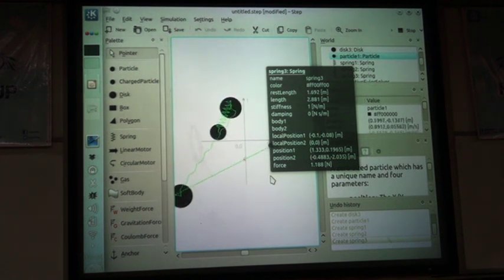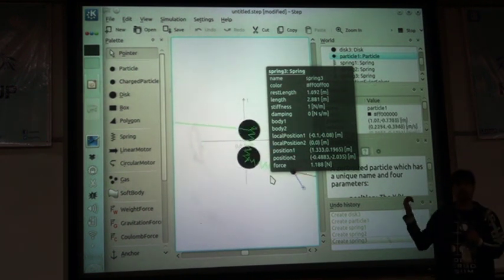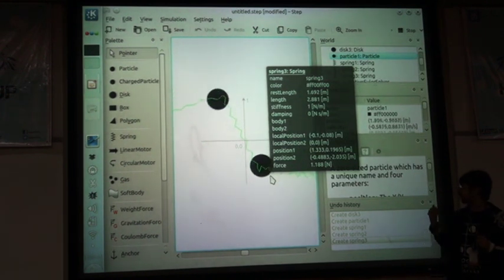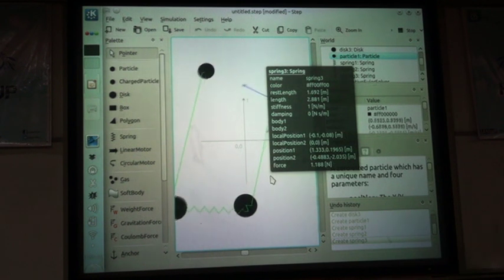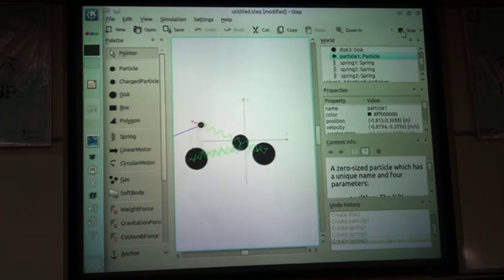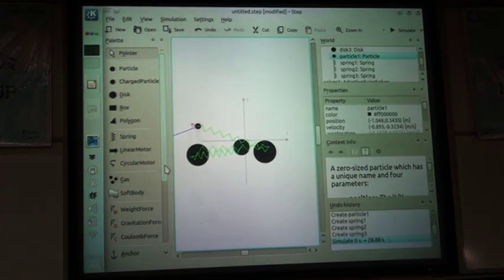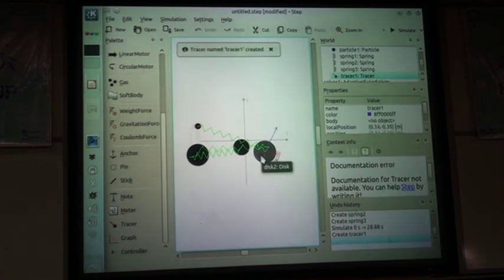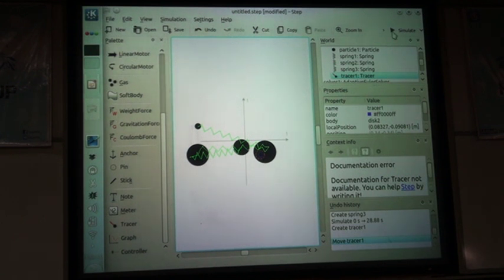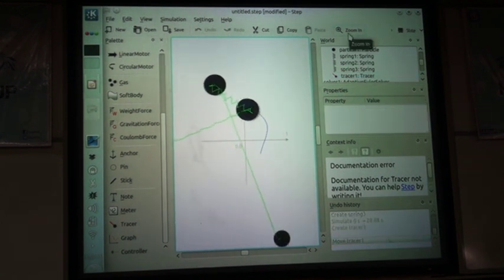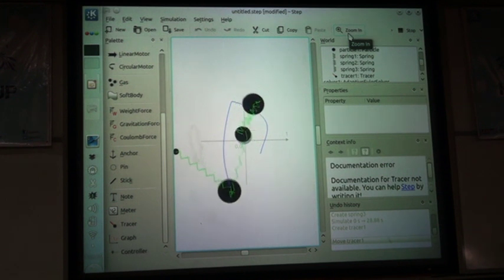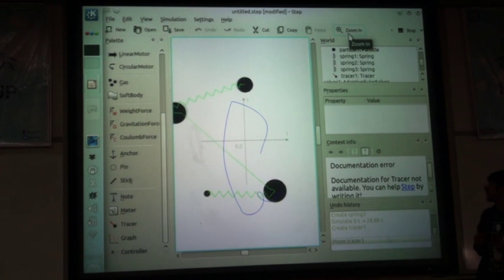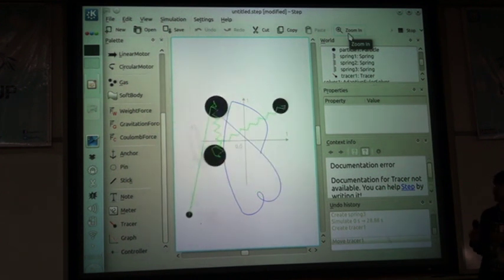Right. So it's not restricted to just watching stuff on the screen. You can also plot all this. You can have graphs running around this. So we have this very amusing thing on the screen, and we want to trace how this particle is moving and this point on this particle. So we can attach a tracer to this, and this will plot out everything about this particle. This is very, very awesome when you're trying to build